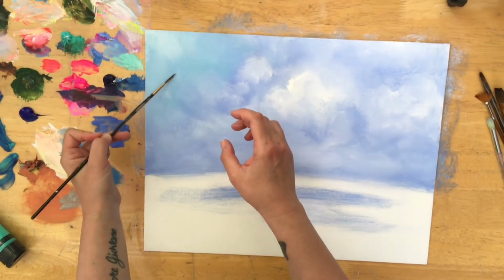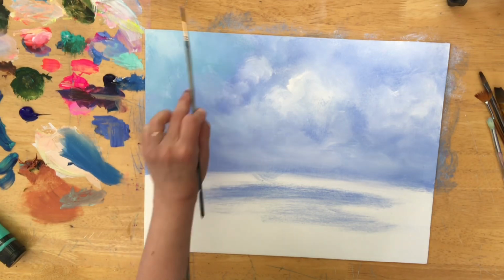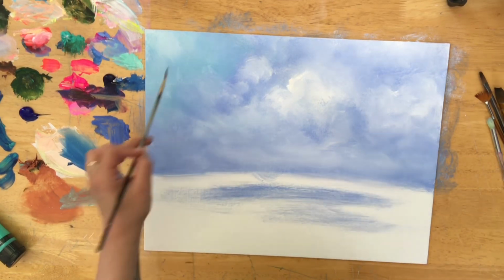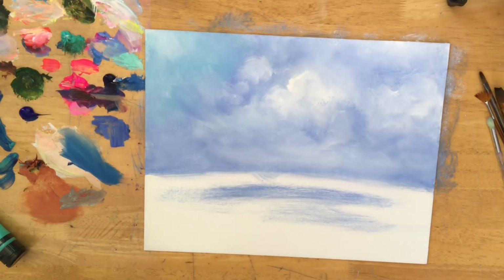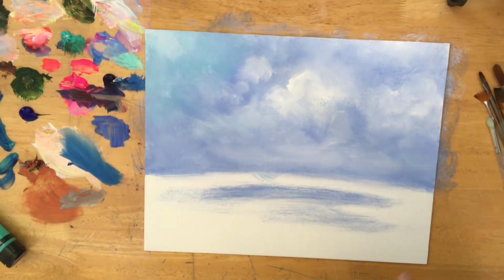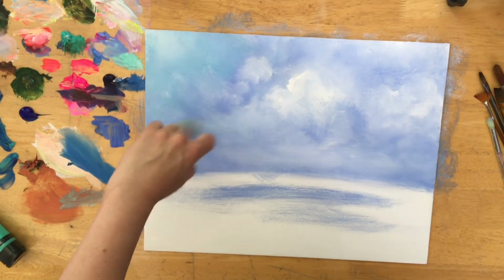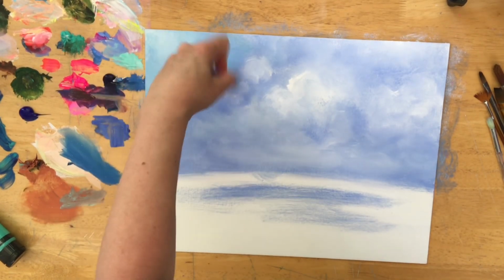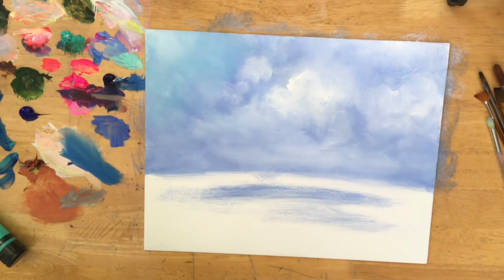So here I'm just trying to get these little hairs off. So if you have a problem with this happening, this is an easy way of doing it. You can also have some crafting little tweezers. This is just a gentler way of getting them off. So I'm going to re-soften that up after I pick them off, give it that nice blended look again, and